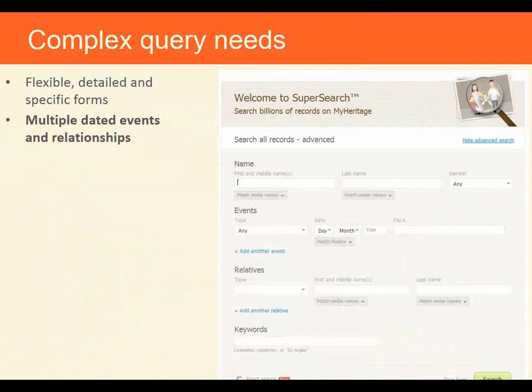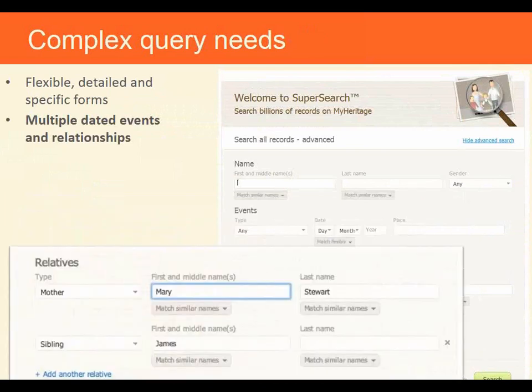Another option that MyHeritage gives you is to put relatives of this individual. And by using this, MyHeritage is probably the only search engine that will allow you to search for a person which you actually don't know anything about. What I'm saying is that I can put the mother or the sibling of a specific individual whose name I don't know. I may know his last name, but not his first name or when he was born. Or even if I use the spouse of somebody that I know,